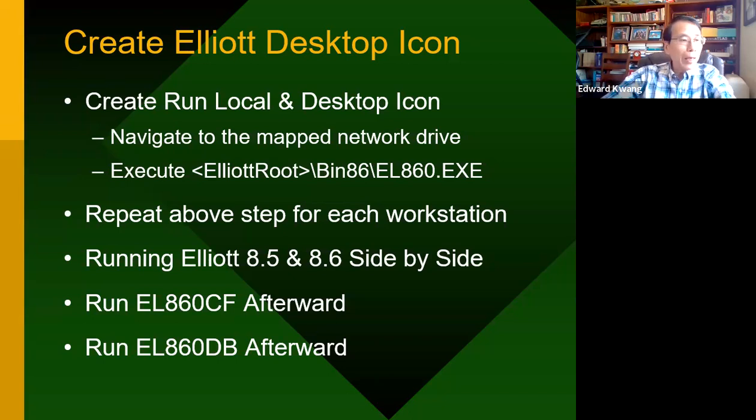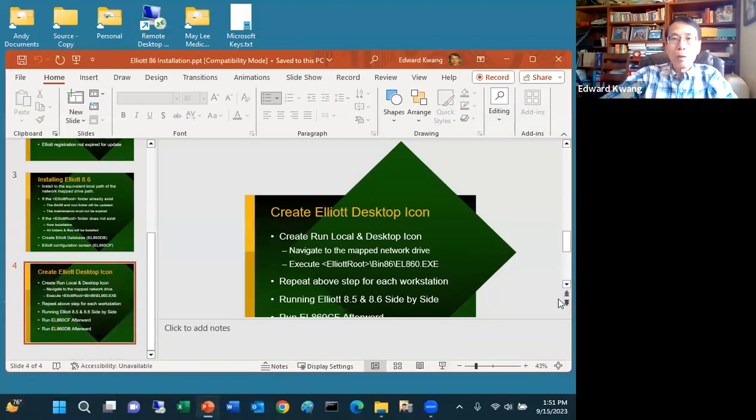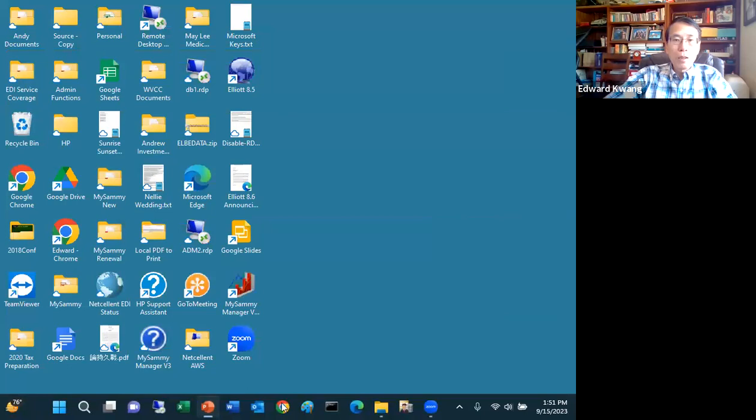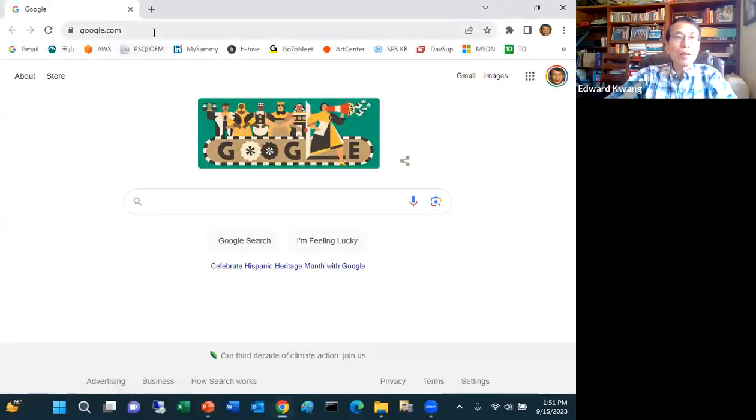With that, I am going to show you a demo of how this works. The first thing is you need to make sure that Elia 8.6 is downloaded.